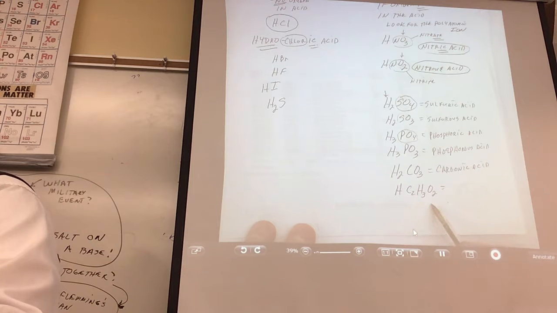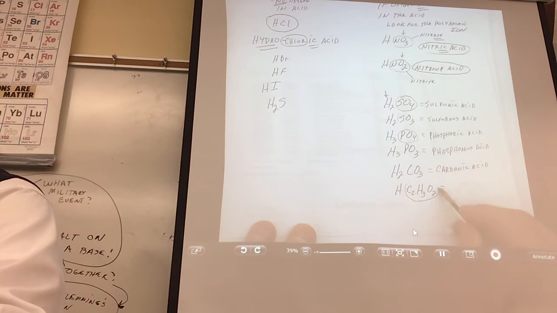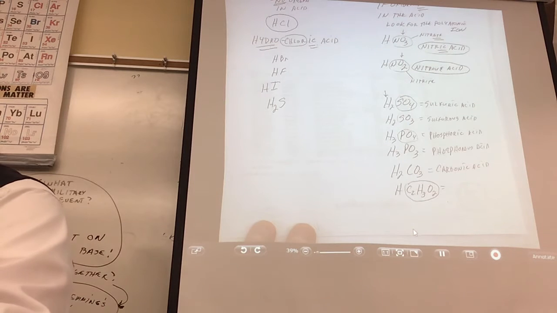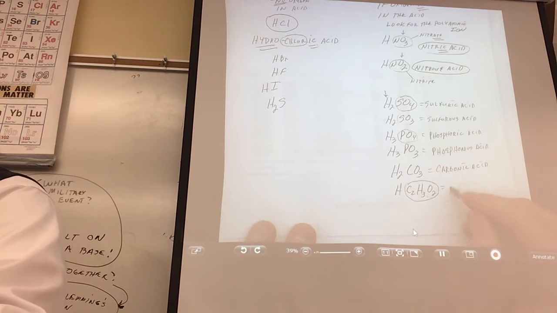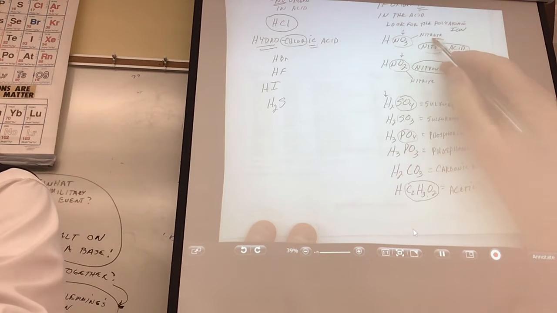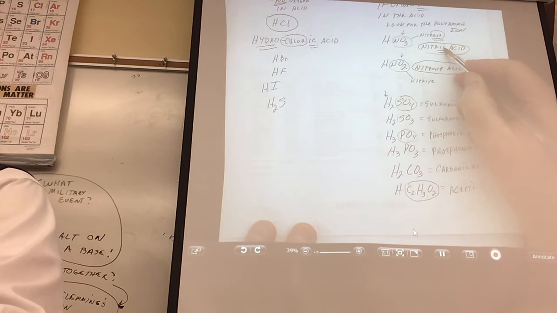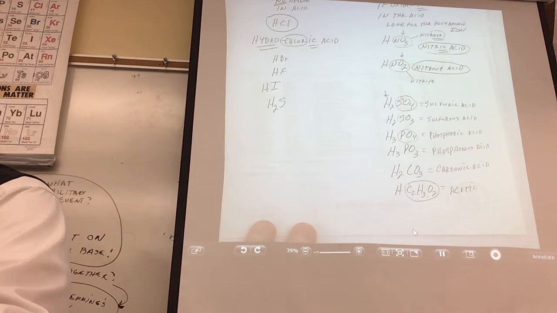What do you think about that one, man? Do you know what this guy's name is? It's a polyatomic ion. I remember the first time I learned it when I was your age, I giggled a little bit. Okay. So maybe you guys are more grown up than I was, probably. Okay. So this is acetate. So what's the name of the acid? If it ends in ate, then it becomes the ic acid. This is called acetate, so it becomes acetic acid.